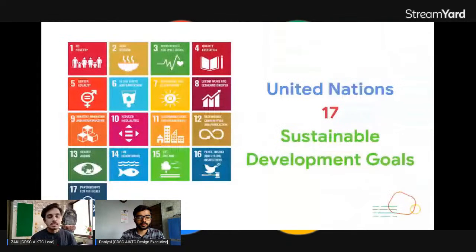In 2015, the United Nations created the 17 Sustainable Development Goals and aimed to achieve them by 2030. And 193 United Nations member states, that is the entire world, agreed on the 17 goals to end poverty, to ensure prosperity, and to protect our planet Earth. For the 2022 Solution Challenge, your mission is to create a project that contributes to solving one or more or all of the 17 Sustainable Development Goals using Google technology. So what are your thoughts on this topic, Daniel?